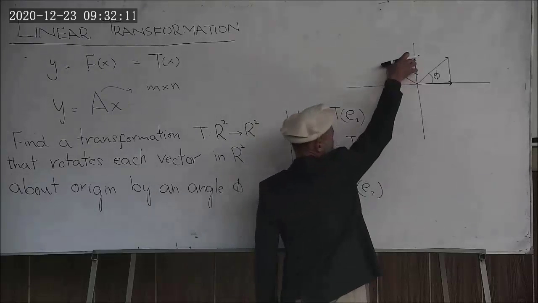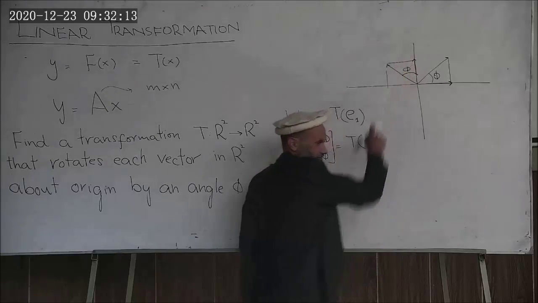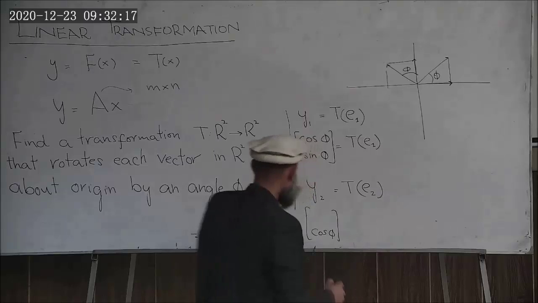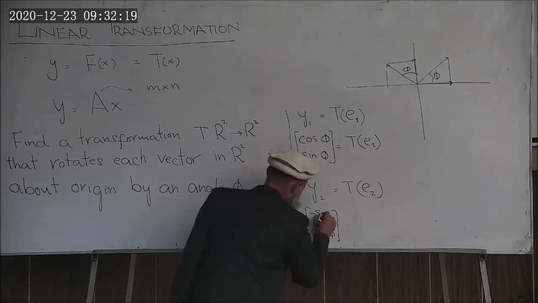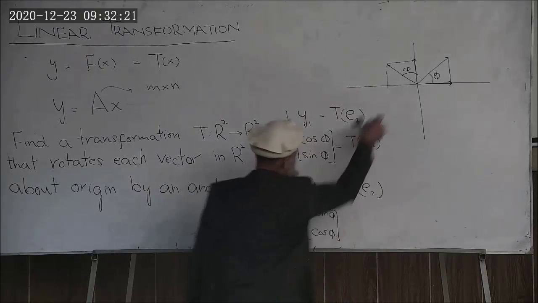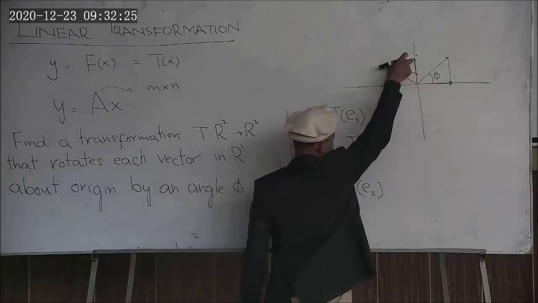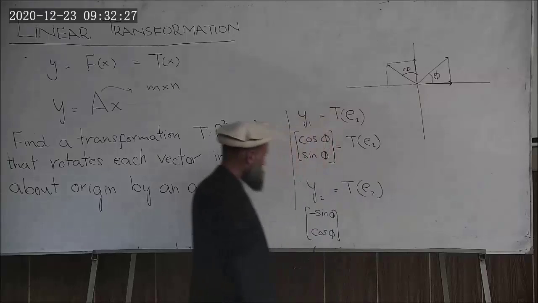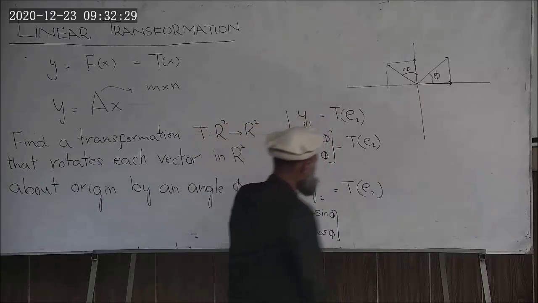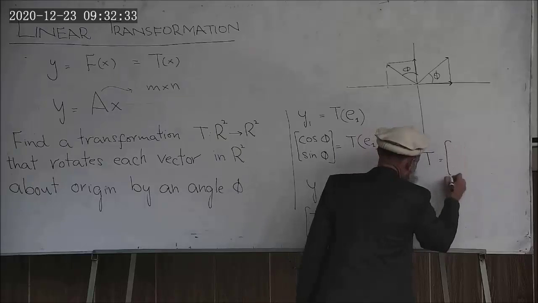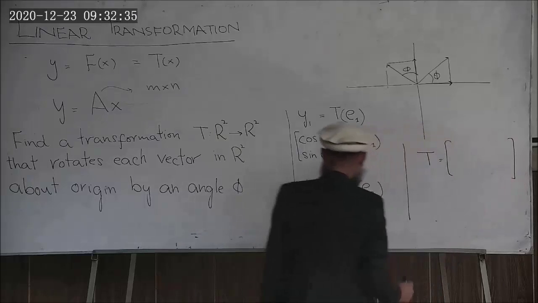And what is this component? This length is sine of phi. Since it is negative, it is minus sine of phi. This length is the same as this length, which is sine of phi. So the transformation matrix is given by,